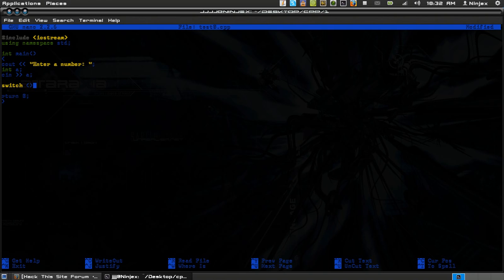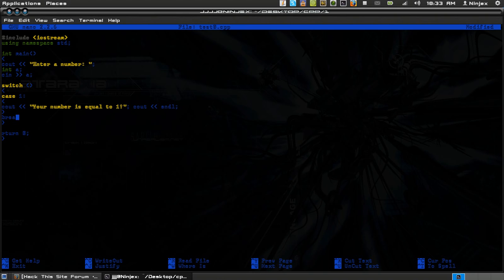So we start out by switch. And the syntax is similar to this. I'm going to go ahead and make the switch statement, and then we'll let you guess on how you should do this. That way you guys can get interactive with it. So we'll say case 1, and then you always put a colon, and then we're going to put brackets, and inside the brackets we're going to tell it to cout your number is equal to 1, and a new line,